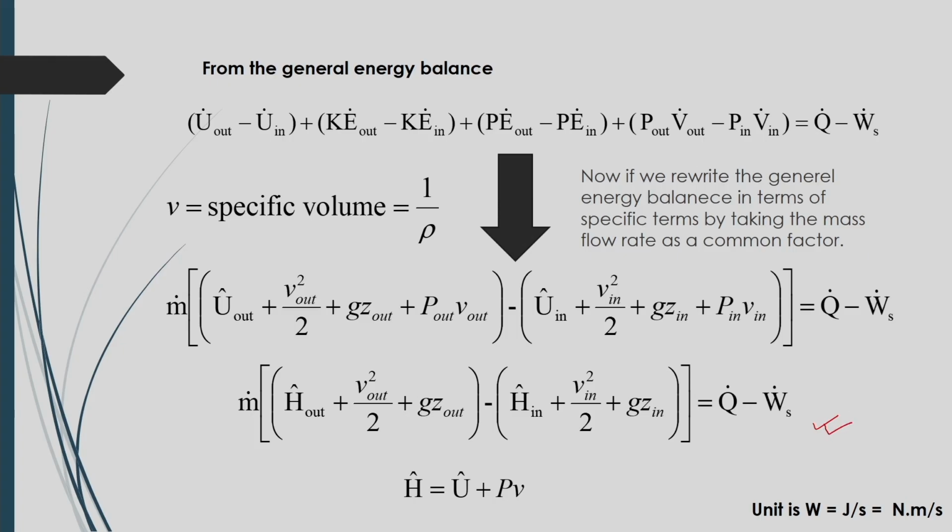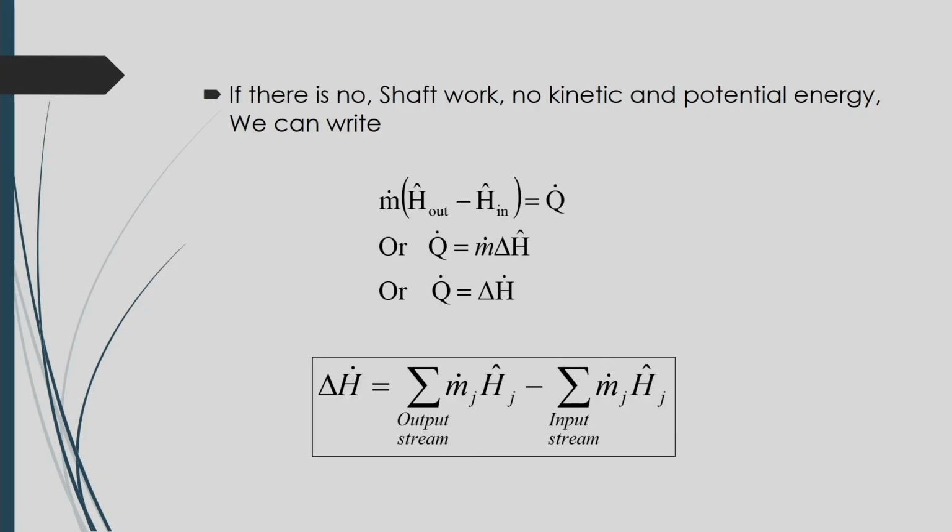So, in this slide it is given how the energy balance equation can be written based on specific energy terms with the mass flow rate. And finally, if you consider that there is no shaft work, no kinetic energy change, no potential energy change, then you can simplify the energy balance equation like this: Q dot will be equal to delta H dot here,